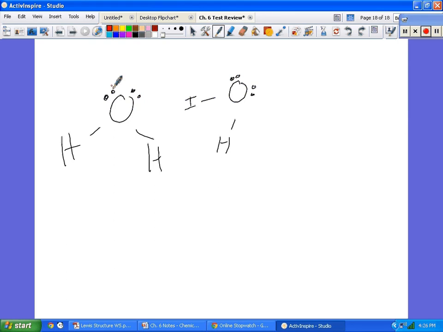Those are the unshared pairs. So the attraction comes from the hydrogen and those unshared pairs. So it is going to be right there. That is the hydrogen bond. It's between the unshared pair of the oxygen and the hydrogen. So if I drew another water molecule over here,